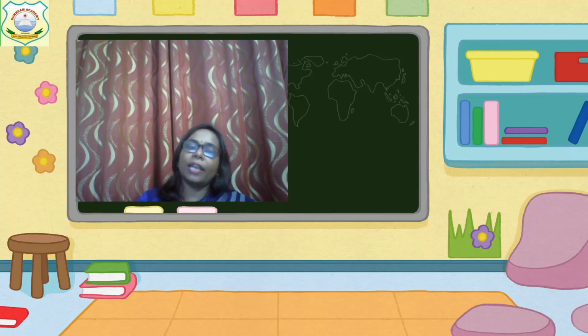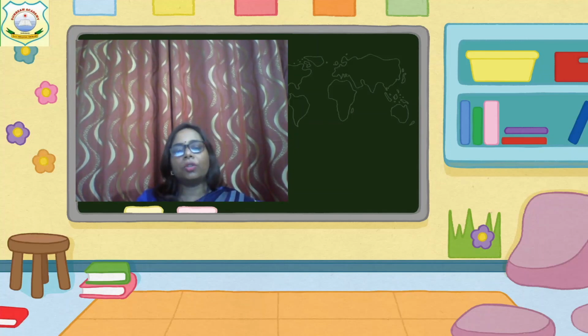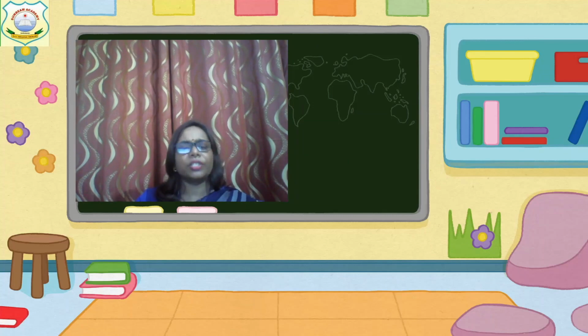Also, you know that a computer can understand only binary language, that is the language of 0 and 1. So we need a simple English-type language in which we can write the instructions for the computer. All those languages are called programming languages. We are learning Logo, which is a programming language. In higher classes, we'll learn more programming languages like QBasic, Small Basic, Visual Basic, Python, etc. So let's start our class.